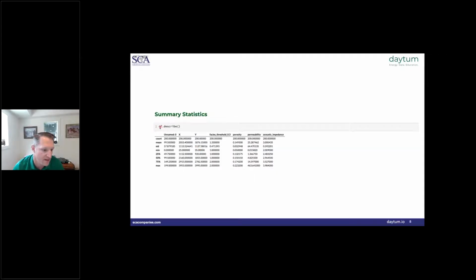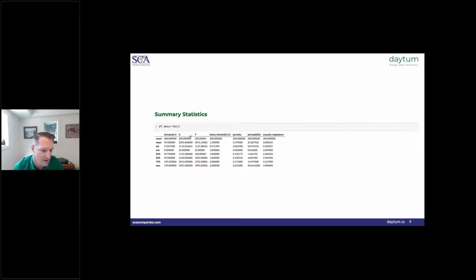So this data frame, df, in the lingo of Python, which is an object-oriented language, is an object. And objects have functions that operate on the data they contain. In this case, describe is a function that operates on the data in the data frame. What it does is it automatically computes some summary statistics. Even though in the previous slide we were only displaying the first 5 rows, you can see that there are actually 200 rows for all of the samples.